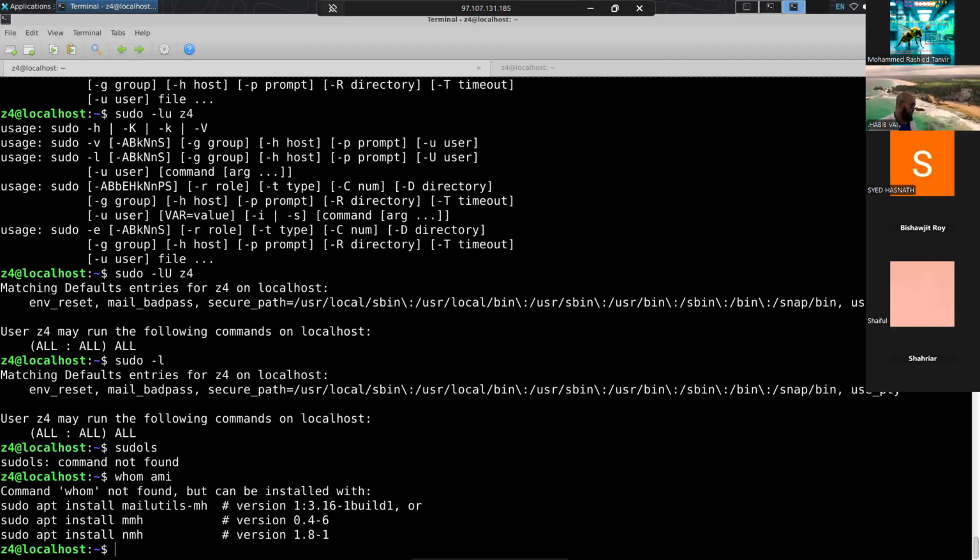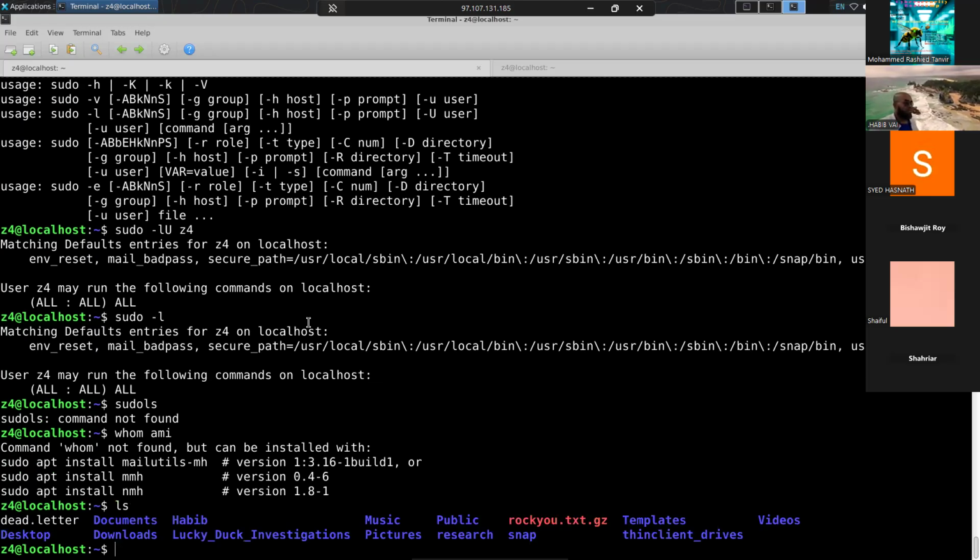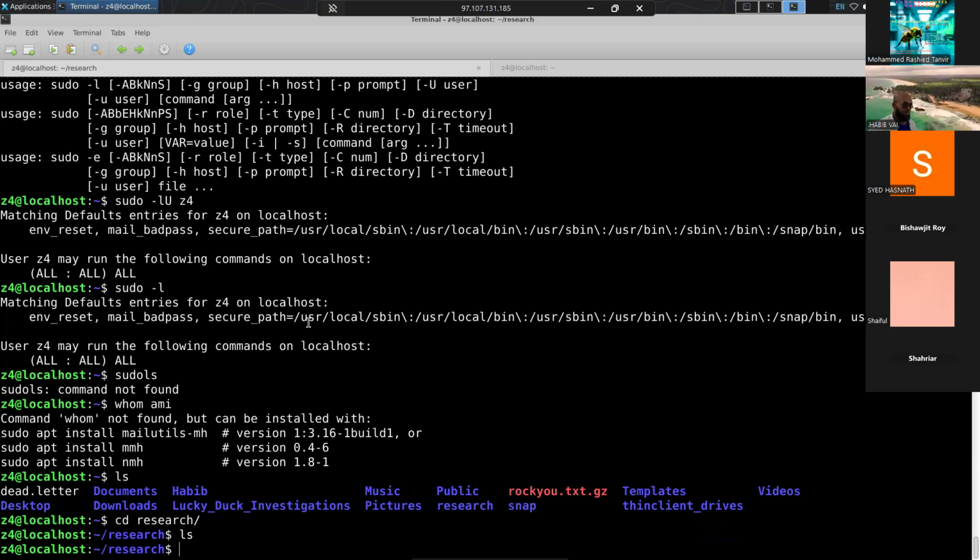Can you do ls just to check if we have the research folder? Oh yeah, we do. Right there under public, right? There's nothing there, it's fine. Record the folder. So we have to create a file, then we can record what access they have, right? So what we can do,